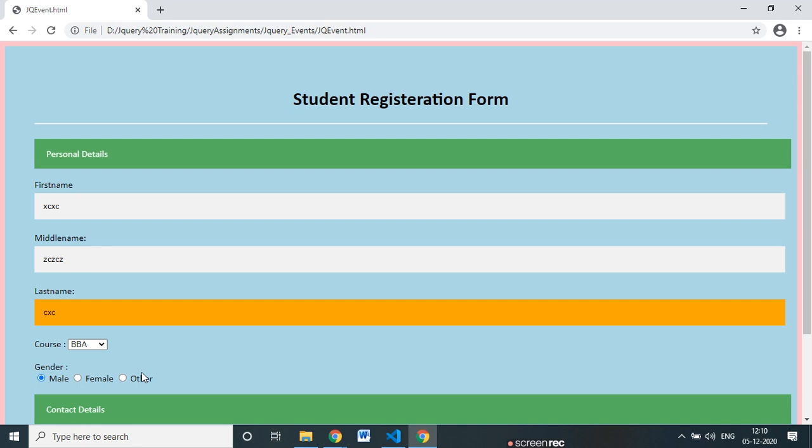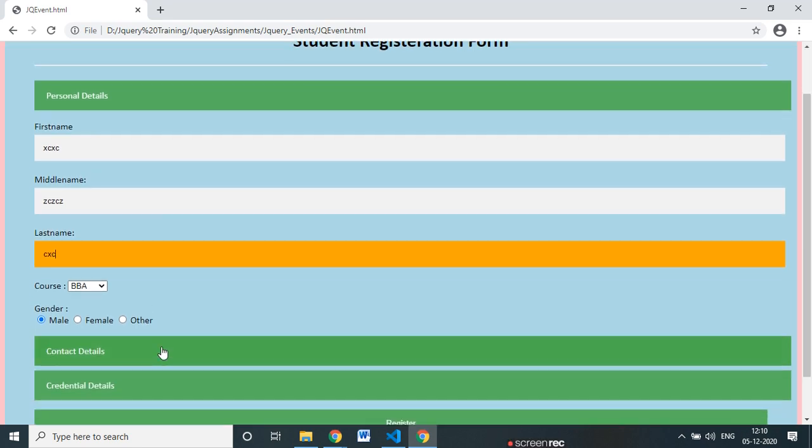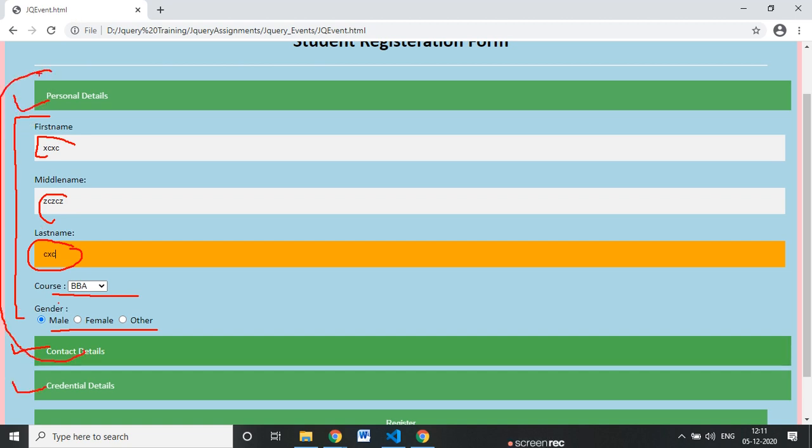As of now, toggle up and down are completed. Now you know how to put validations. You need to put the text validations here, then the contact number here, and a course needs to be selected. So this validation needs to be put. After completing this validation, if these validations are correct, then only you are allowed to do this. If both the validations are correct, then only you are allowed to do this. If all three section validations are correct, then only you can do it.